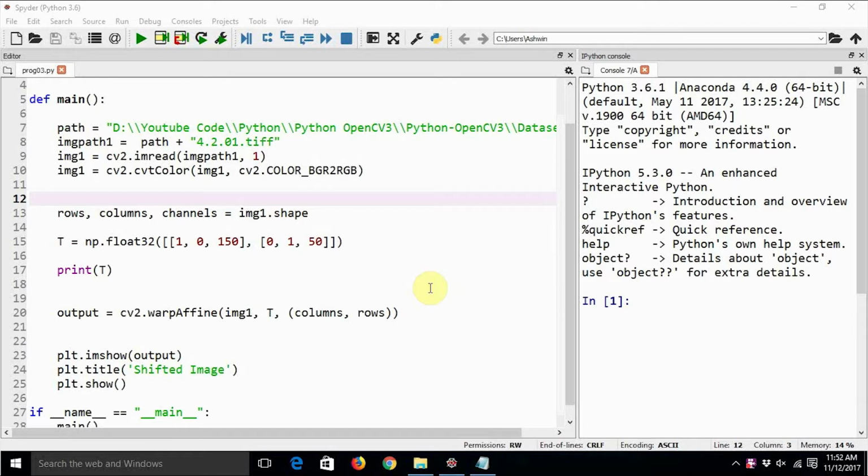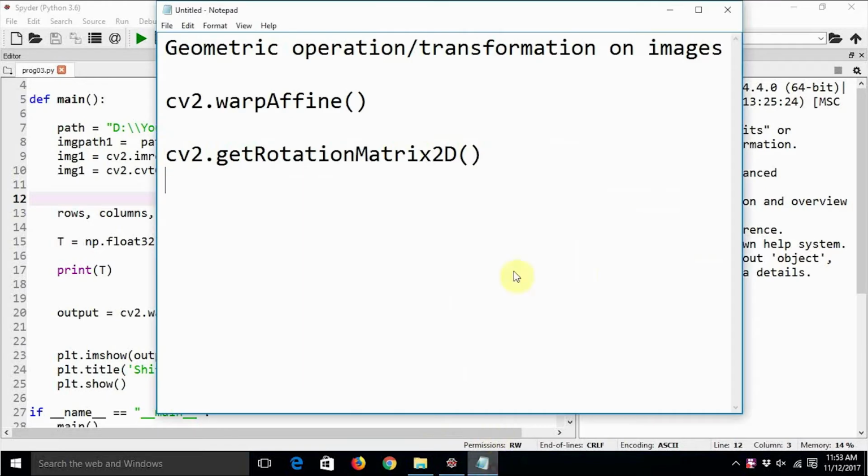In the last tutorial we saw how to apply the translation transformation, also known as image shifting, on a color image, or you can even extend it to a black and white or grayscale image. So in general, on an image. In this tutorial we are going to have a look at how we can rotate an image. Let's look at the theory first, and then we will go ahead with the practical.